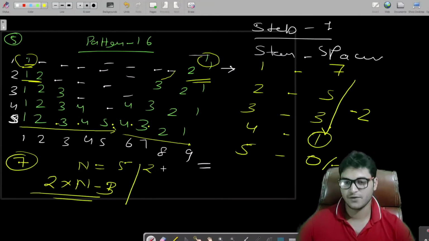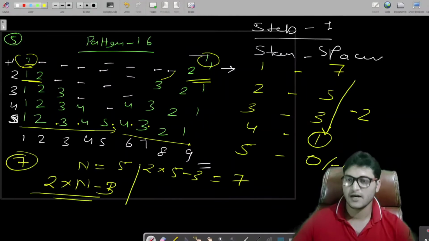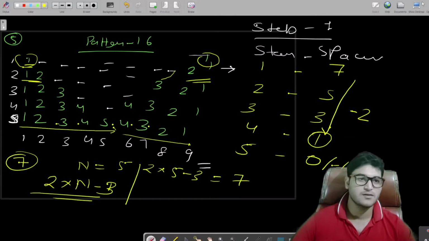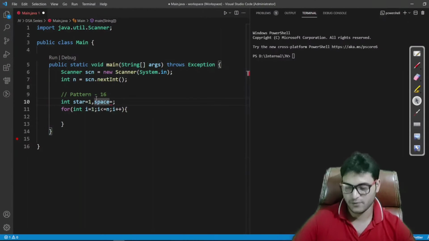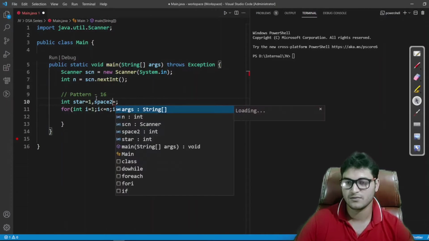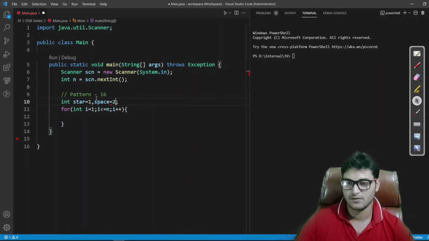So we have 2 into 5 minus 3, which would be 7. And in the first row we are having only 7 spaces, 1 2 3 4 5 6 7. Fine. So that should work for us. So let me write here, we will be having number of spaces as 2 into n minus 3.